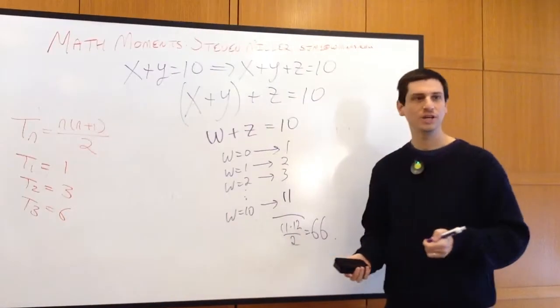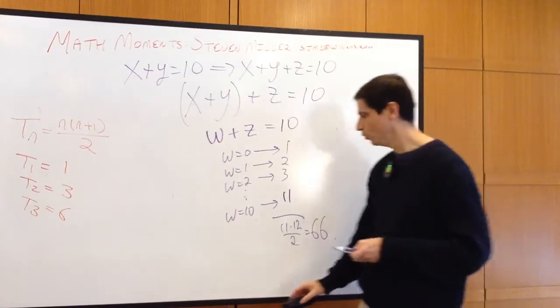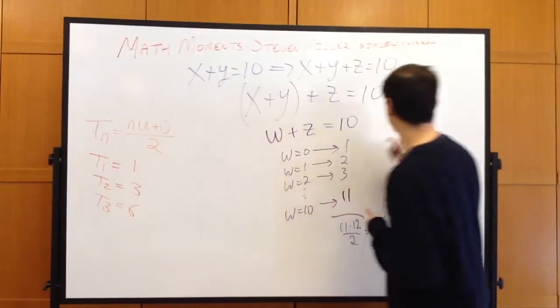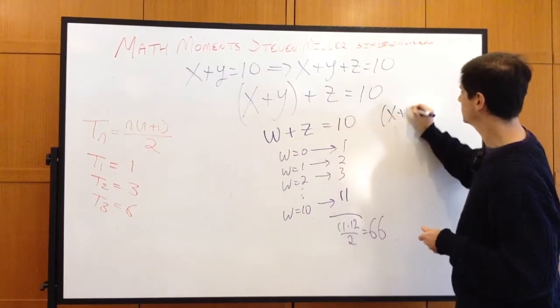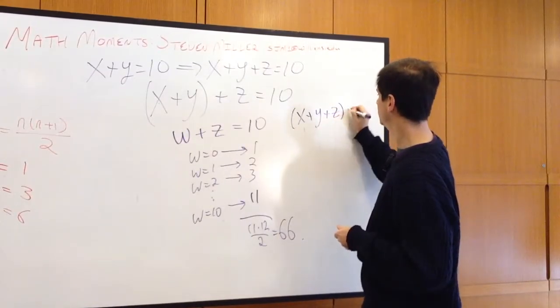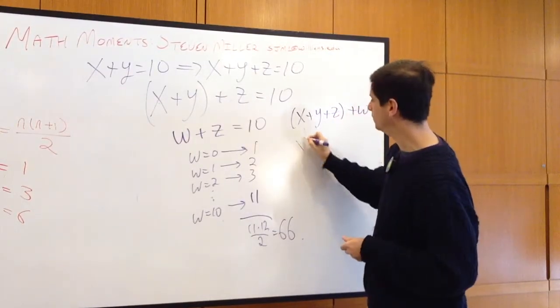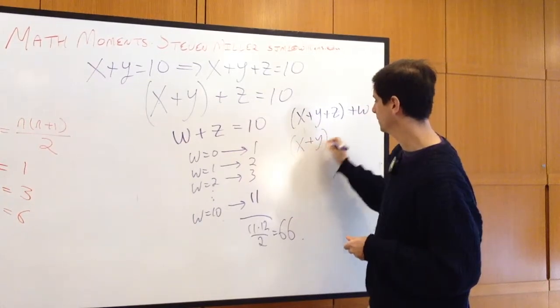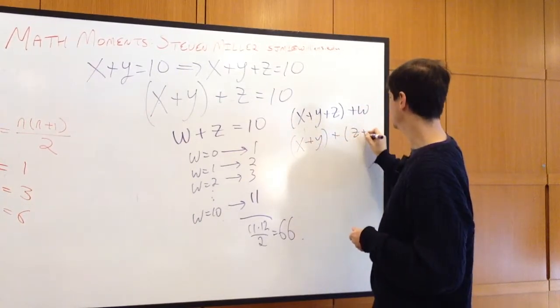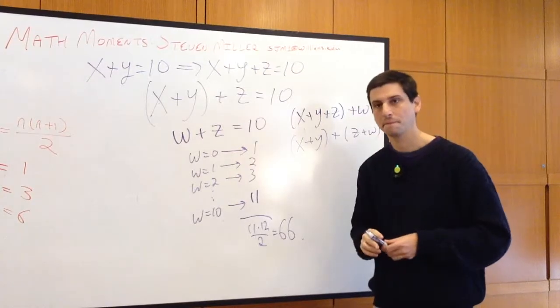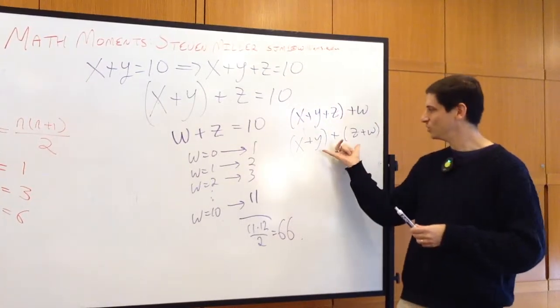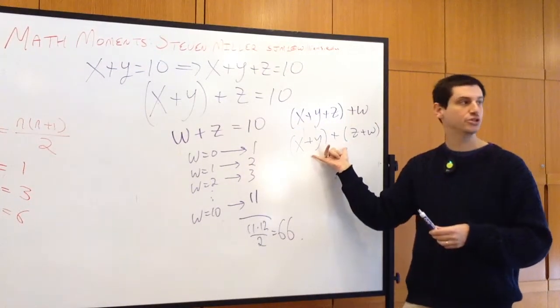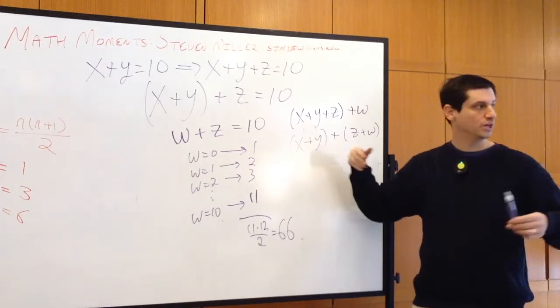You know, why do we care about parentheses? Why do we care about orders? Well, I can either view it as (x plus y) plus (z plus w), or I can view it as ((x plus y) plus z) plus w. That's the associative property. Now what's nice about this is this breaks it down into two simple things,